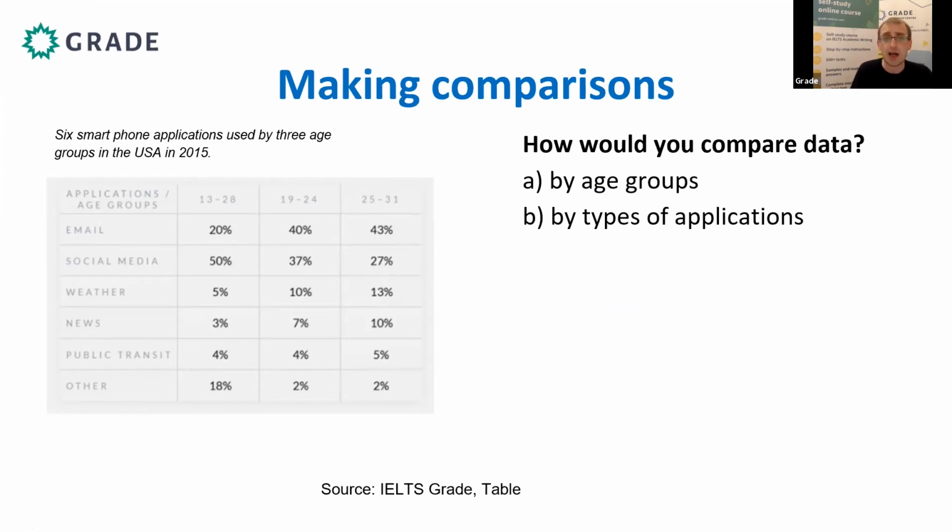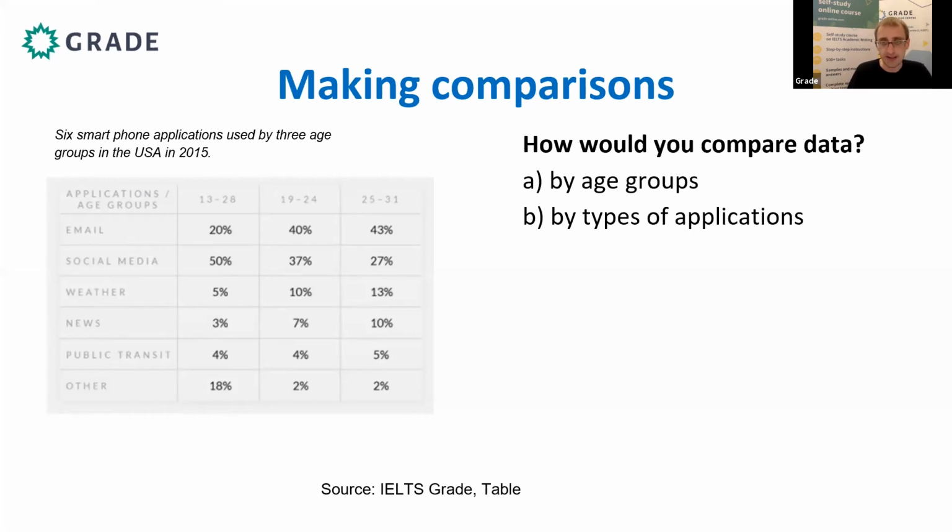By age groups, so for example, describing each age group at a time, or by types of applications. So can you please think about your own way and type in the chat A or B? I see some of you are focusing and choosing B, all right. Great, okay, all right. Yeah, so both approaches are possible, but let's have a look at which of these approaches is